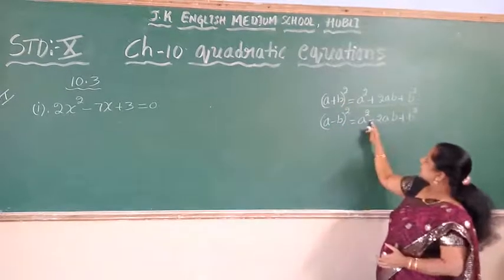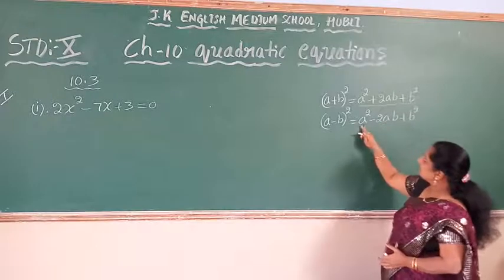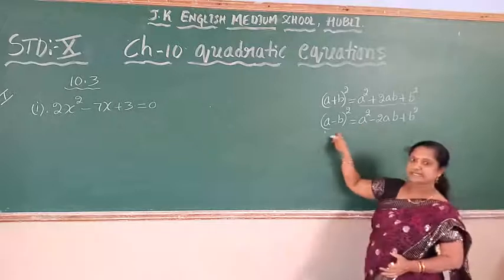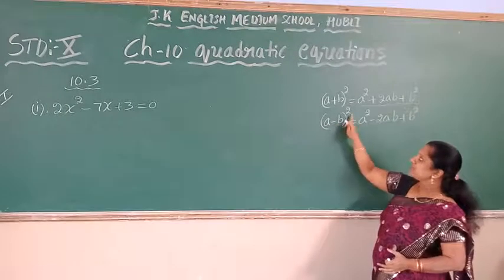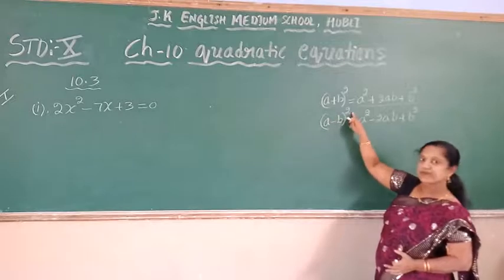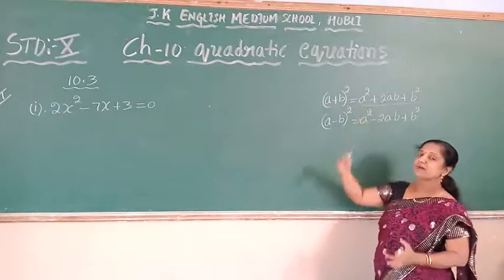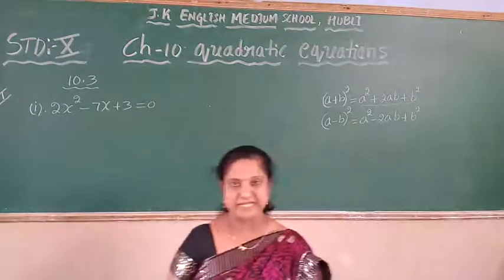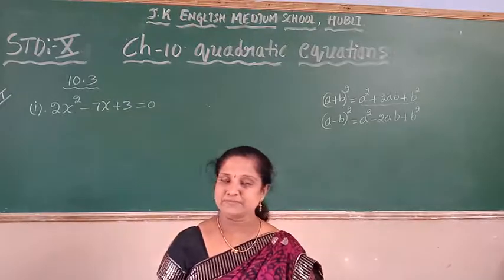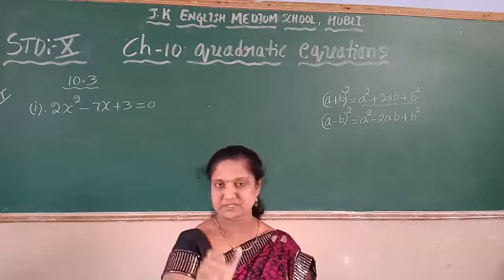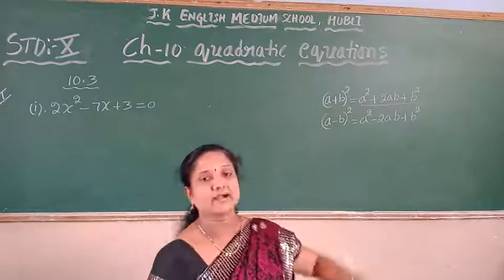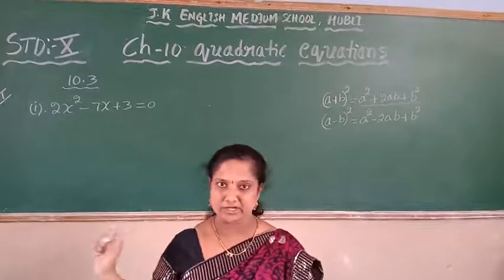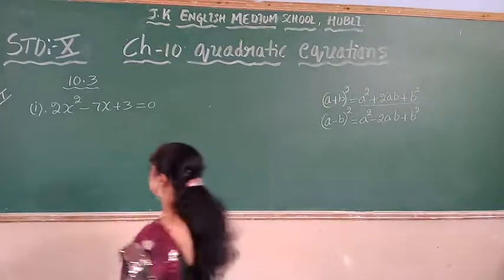If a minus sign is there, I can use this identity. We will convert the given quadratic equation in this form. So instead of this, I can write it this way. This is (a minus b) whole square. This is the whole square form. So we convert it into the square form. Therefore, the name of this method is completing the square method. Some steps are there. If you follow the same steps, you are exactly going to get the RHS side form.